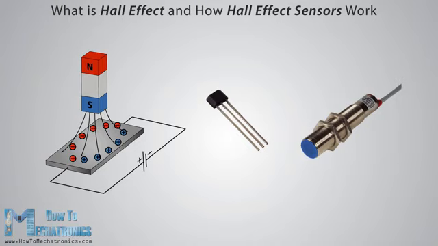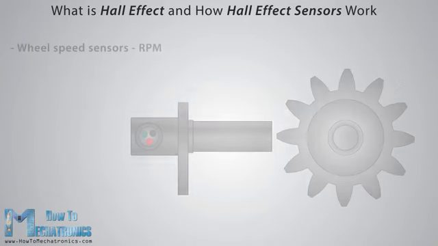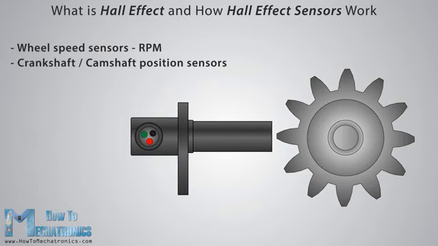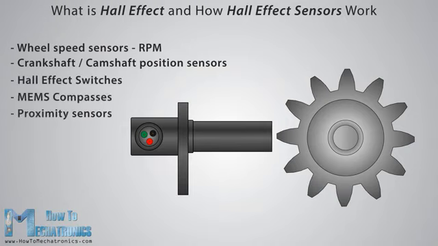have many contemporary applications. For example, they can be found in vehicles as wheel speed sensors, as well as crankshaft or camshaft position sensors. Also, they are often used as switches, MEMS compasses, proximity sensors, and so on. Now we will go through some of these sensors and see how they work, but first let's explain what is